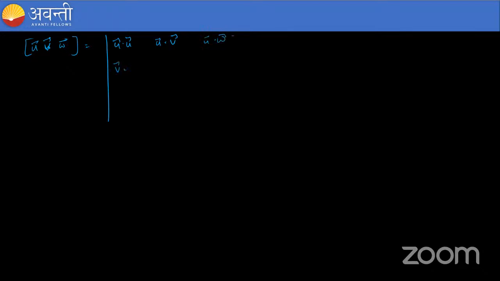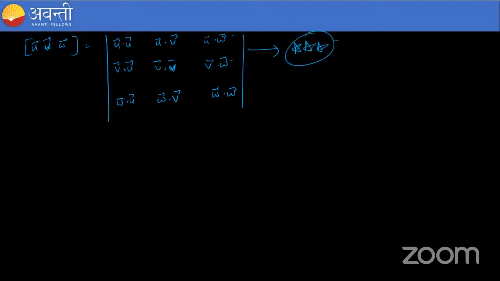Then V bar dot U bar, V bar dot V bar, V bar dot W bar, W bar dot U bar, W bar dot V bar, W bar dot W bar. So this is something that you have to remember, and this is important. We have studied during our sessions that the box product can also be represented in the form of a determinant, like this. So U bar dot U bar, U bar dot V bar,